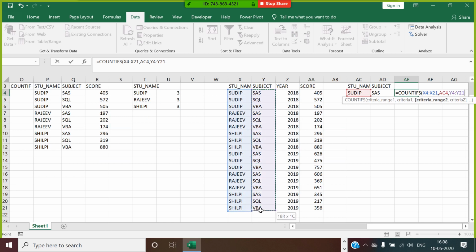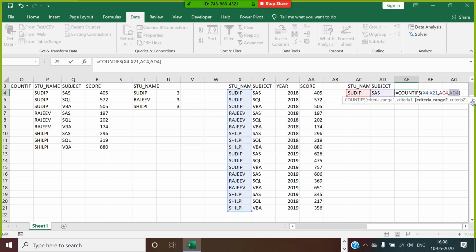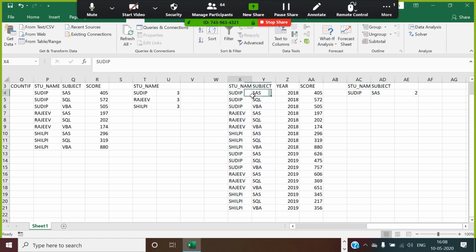Within this subject, you are searching for SAS. Okay guys, let me do this. Within this, you are searching for SAS. Enter. It's showing 2 times. That means Sudeep SAS is repeated 2 times.